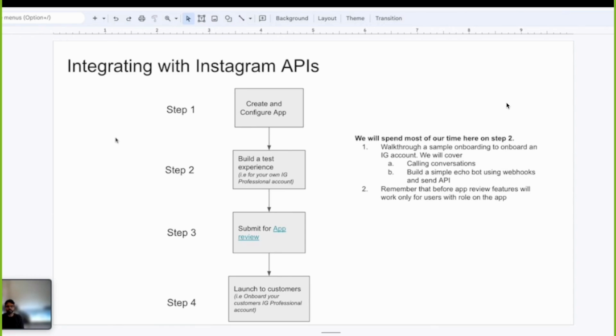One thing to note particularly about step 2 is that this is all before app review. Before app review, you can only build integrations and call APIs for a subset of users. In step 3, when you actually submit for app review and after your app is approved, that's after which you can launch the experience broadly to all your customers. Cool. Let's get right into it.